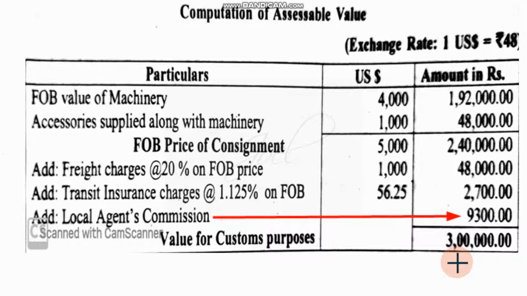In the next class we are going to solve section C. From the next class onwards we are going to solve section C problems, where assessable value and customs duty both are supposed to be calculated together, both are asked together, whereas full-fledged problems will come. So different items will be there, they will be added to the original cost of the machinery. You will arrive at FOB price, then freight, insurance and commission. Finally, assessable value will arrive.